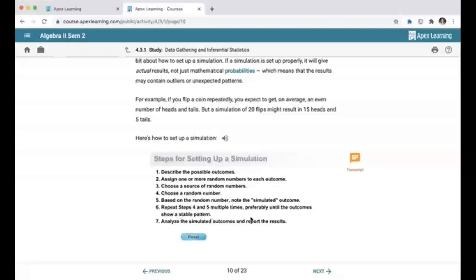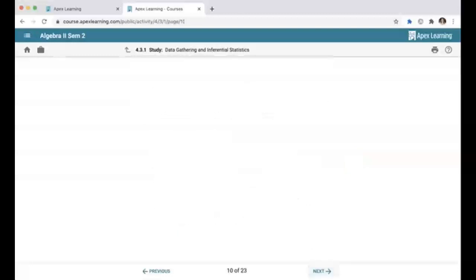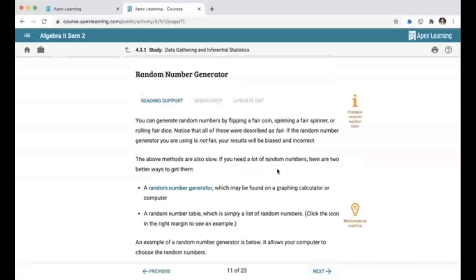And then step 7 there is to analyze our results and report our outcome. So look at our data, analyze our data, and then display it. All right, and perfect. I just mentioned this, our random number generator. So we can generate random numbers,